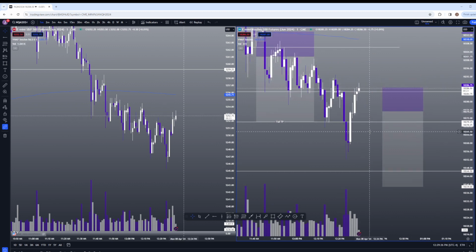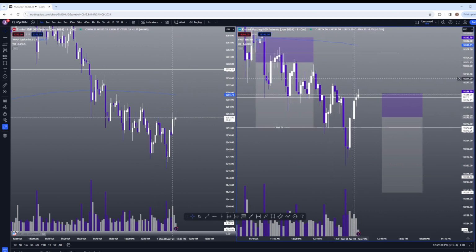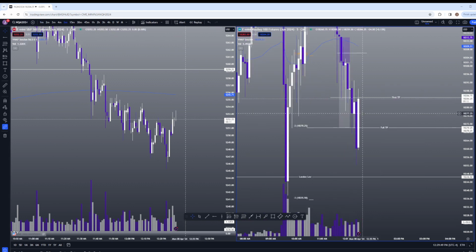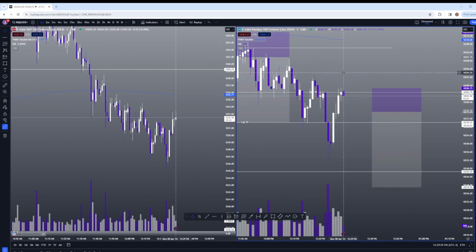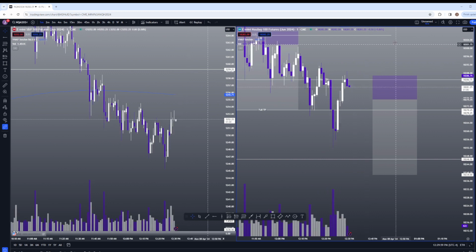So this would only be a bullish breaker on the 1 minute if we close above this high. If we close above this high, that would be a bullish breaker. Again, I prefer to see my breakers on the 5 and 15 minute time frame. It gives me more confluence. Yeah, then it would be a break of structure, but we haven't done that, and we're starting to see that